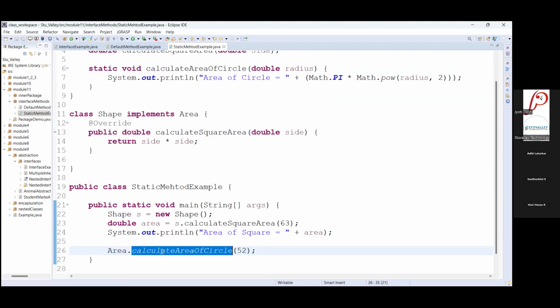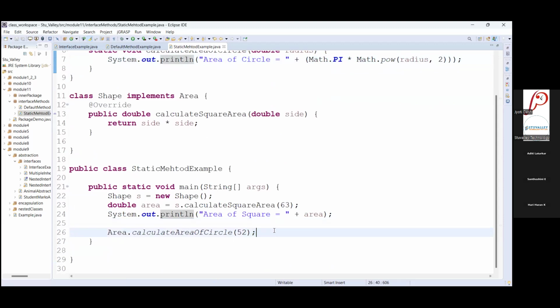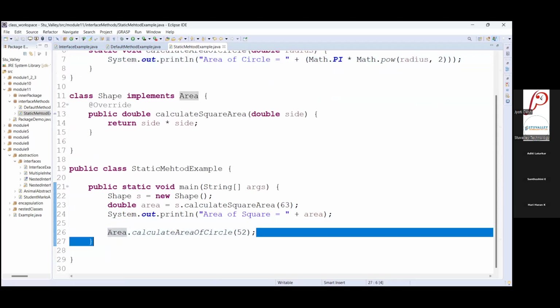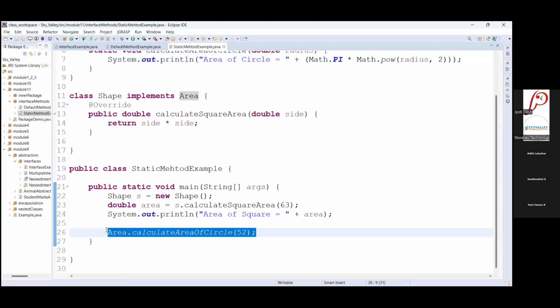Now this method is not returning anything. This is with the void return type. So we'll get the output directly. So for static members, if you are writing inside a class or inside an interface, you have to access it using that class name or interface name directly.